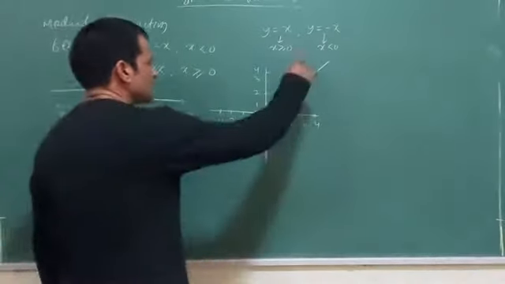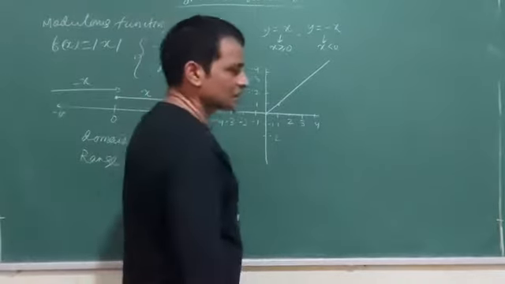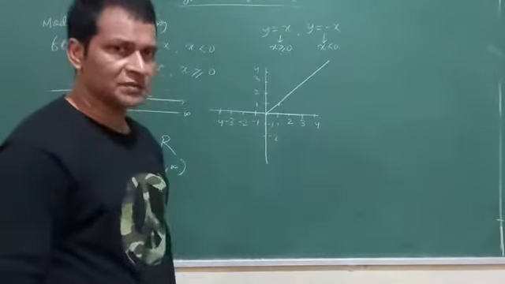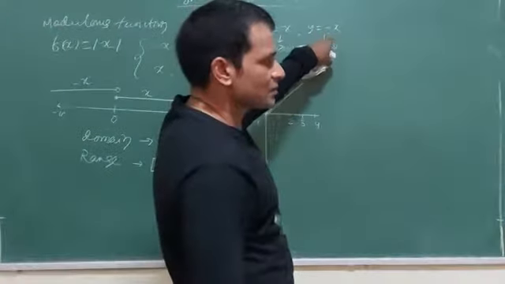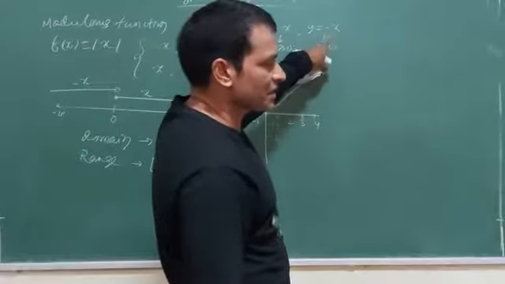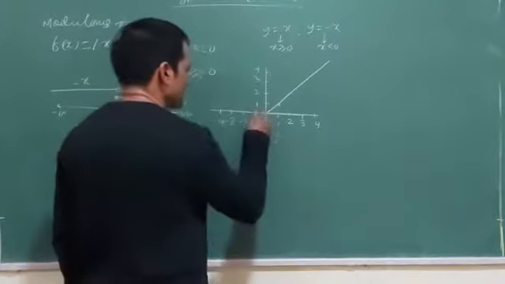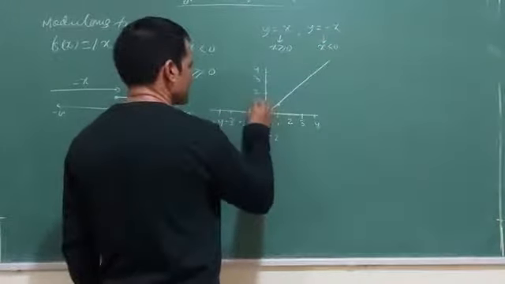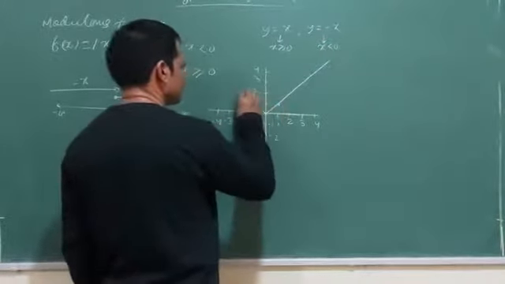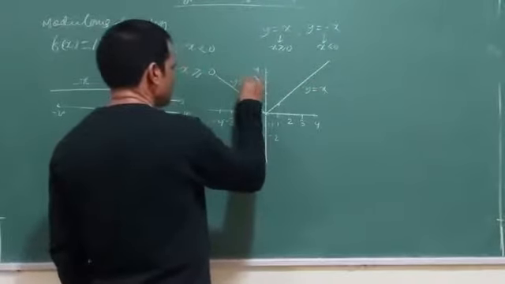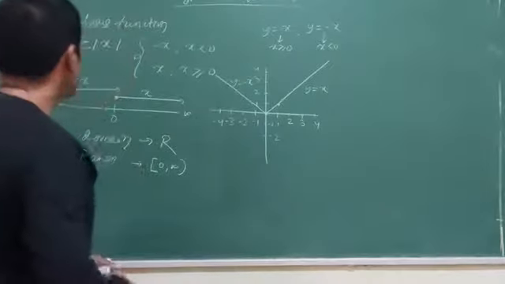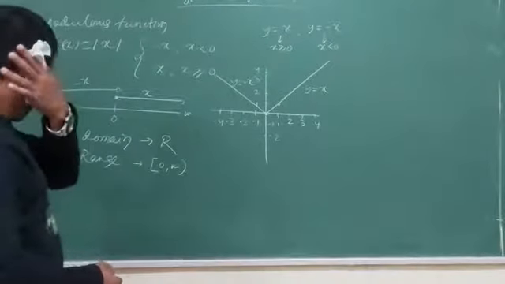Alright, then y is less than 0 means suppose if I consider minus 0.1, that gives you plus 0.1 because you are taking minus 0.1 and already minus is there, so minus minus becomes plus. That is the job of this minus sign. Then if I take minus 1, you get plus 1. So this is the graph. This is the graph of y is equal to x and this is the graph of y is equal to minus x. This is the graph for modulus function. Now related to this, some questions will solve now.